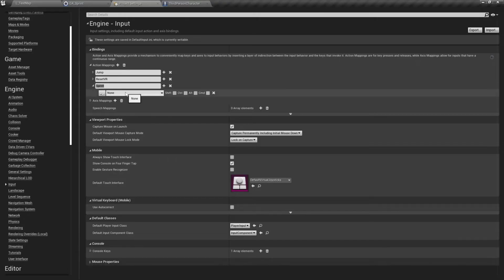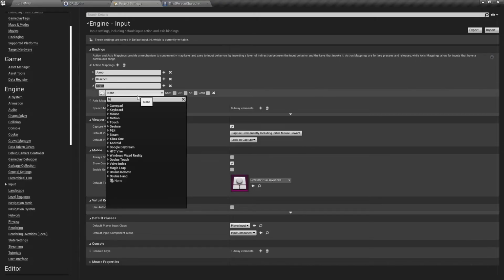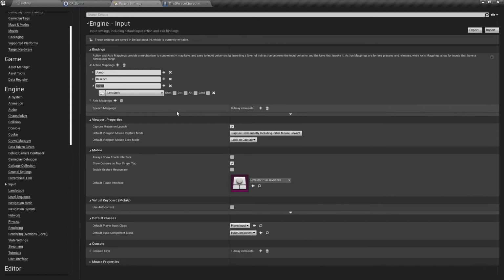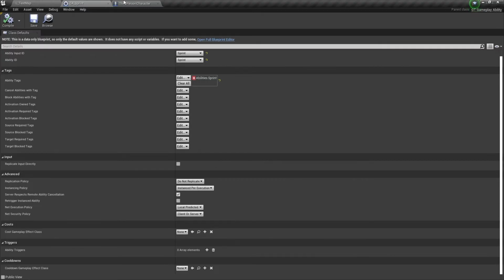So let's set this up on sprint, maybe left shift or shift. There we go. With our left shift, we are going to activate our gameplay ability, and